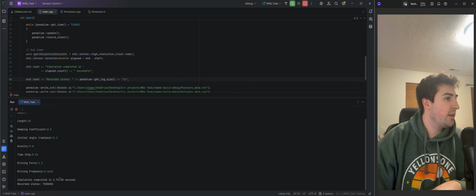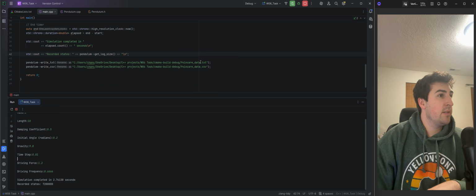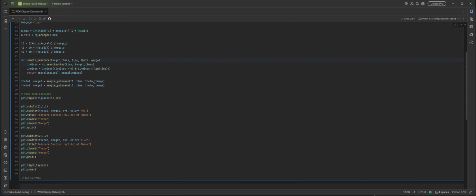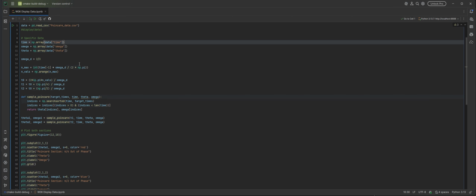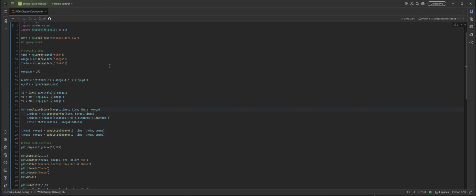And as you can see, it was done in 2.74 seconds over these many recorded states right here. Now this is great because we have it saved to these TXT and CSV files right there. So I'm going to open up my Python work here now, and I've written this code to specifically read through that. I'm not going to include this, I'm just doing it for clarity's sake to show you that it worked. So if I hit run right here,